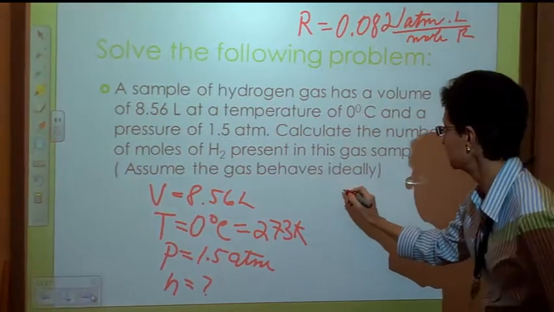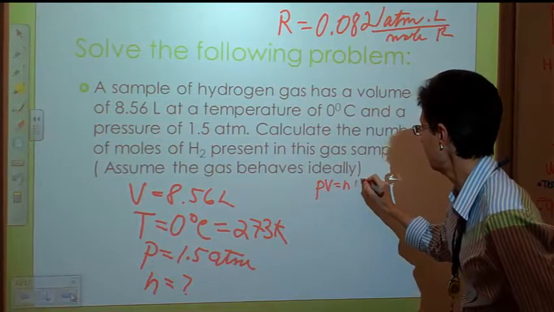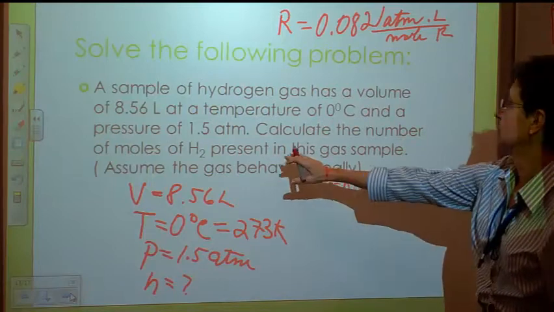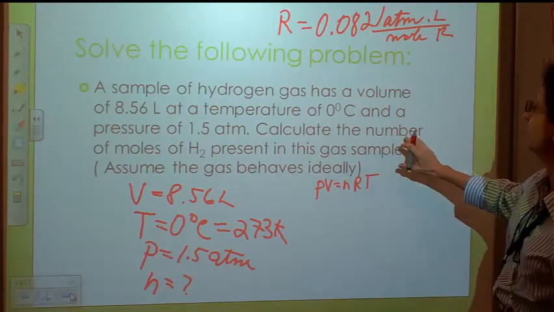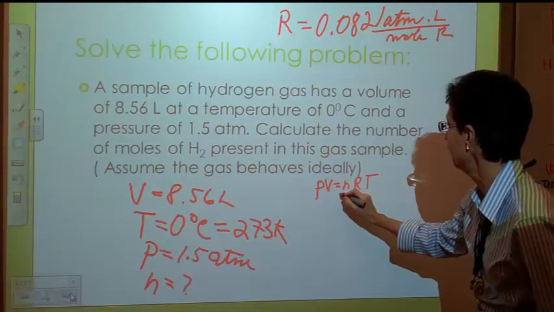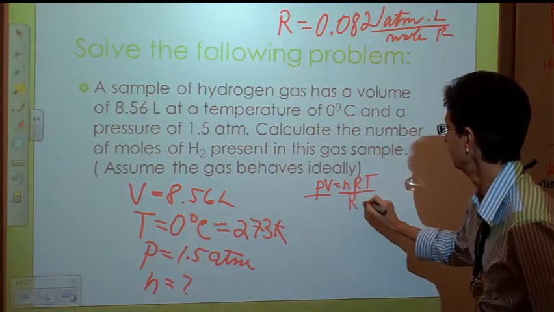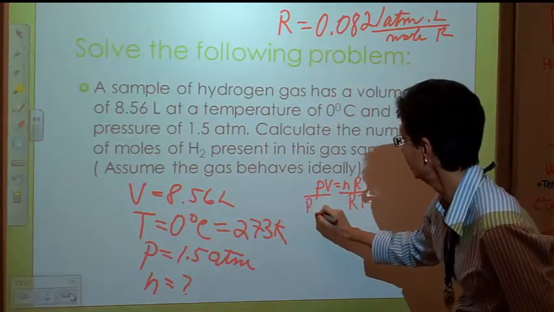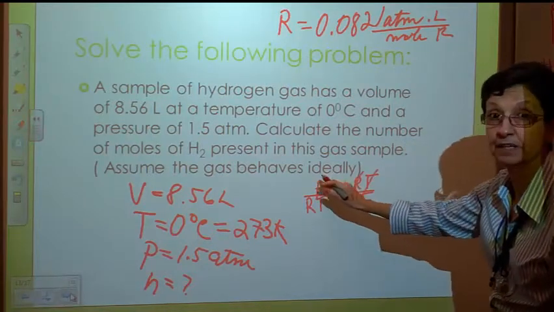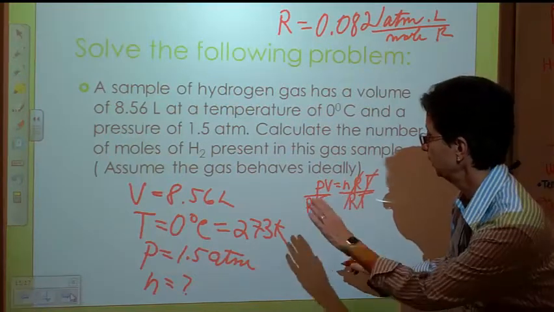All right, so the first thing I'm going to write is my equation. PV equals nRT. What am I solving for? Well, I want to know the number of moles. So I'm looking for n. Therefore, I'm going to divide both sides by RT. Here they go away, and I'm going to have PV over RT equals n. So I'm going to plug in my numbers,